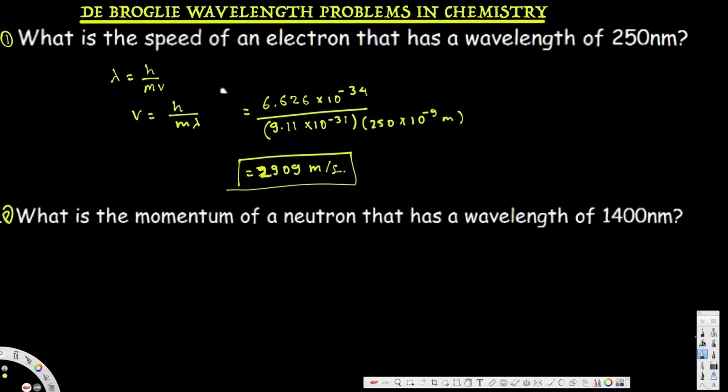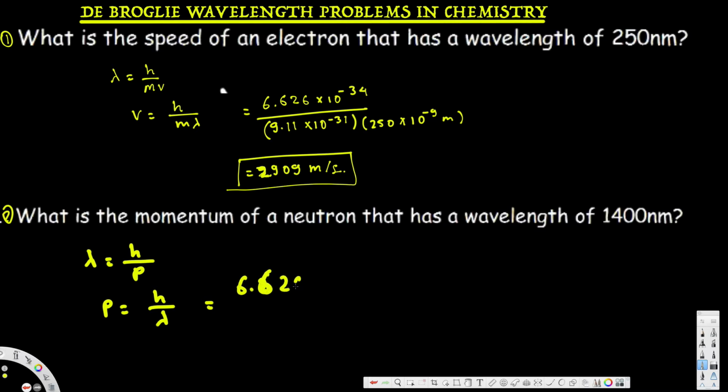Now let's look at the second problem. The second question is asking, what is the momentum of a neutron that has a wavelength of 1400 nanometer? Now instead of mv, we can put lambda is equal to h over p. P is momentum. P is going to be equivalent to h over lambda. H is Planck's constant. That's going to be